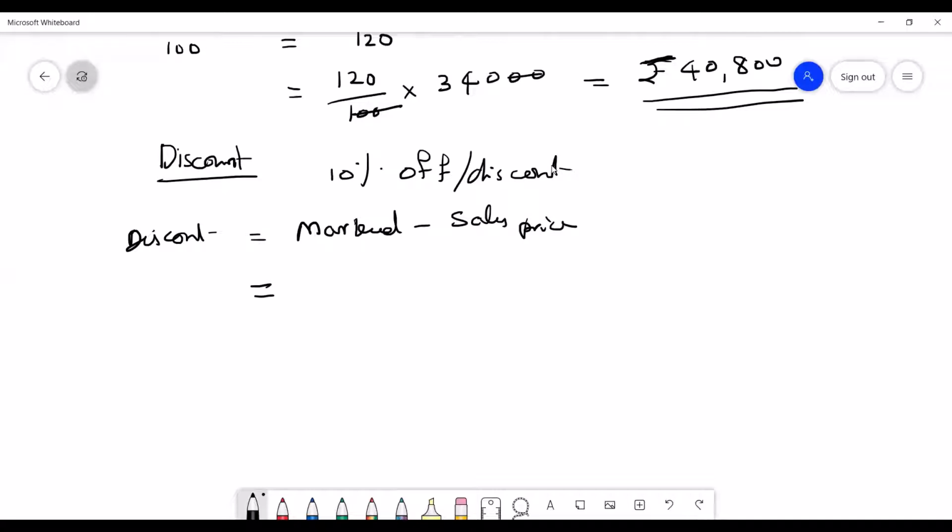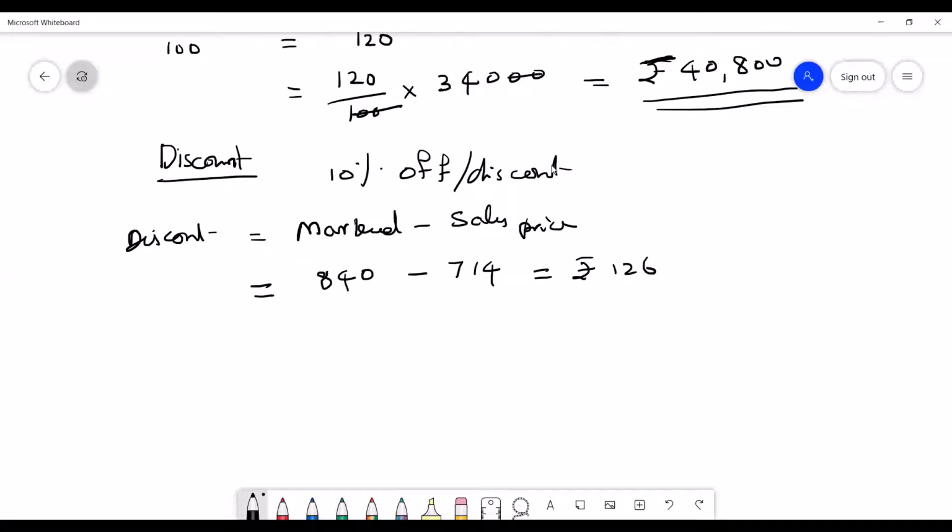So suppose I am purchasing an item with marked price 840 rupees, and I am getting that for 714 rupees. So 714 rupees is the sales price, and the price typed on the item is 840. So I am going to get a discount of rupees